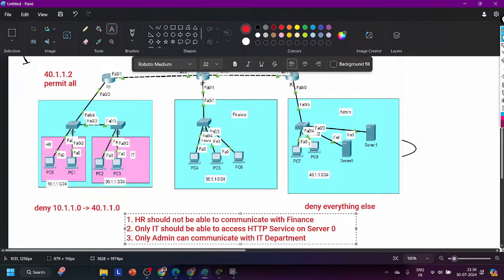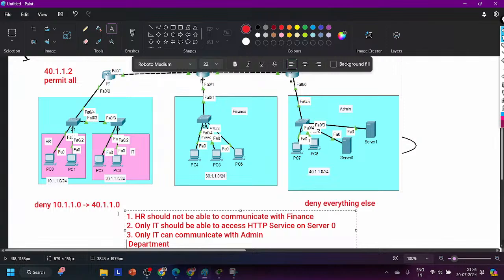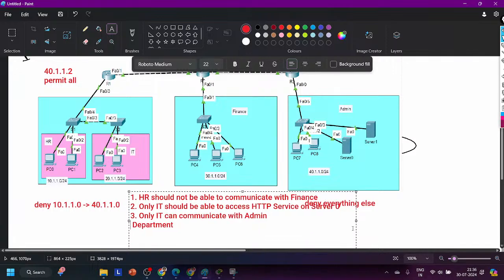Or let's say I want to secure the admin department. Means only IT users should be able to access the admin department. Right? So the scenario can be anything in real time. In the same way, you will configure what? Access list. Or my scenario can be HR department